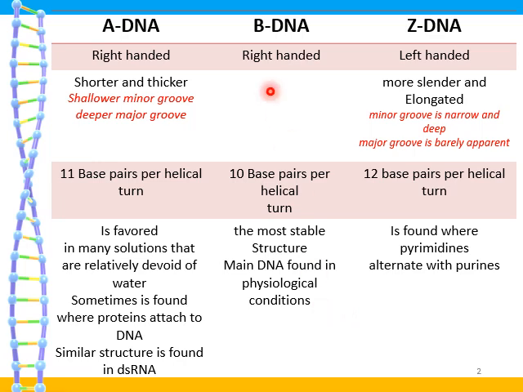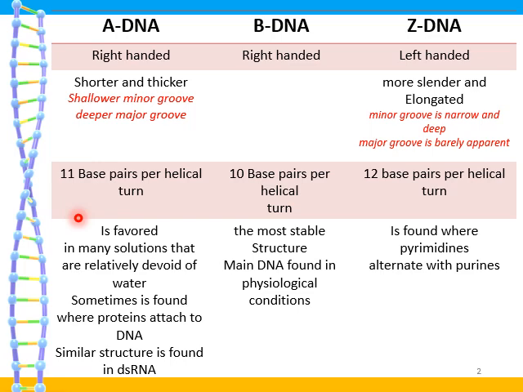But of course, apart from B-DNA, we can have some minor forms of the DNA. One is A-DNA, another one is Z-DNA. A-DNA, again, is right-handed, similar to B-DNA. It is shorter and thicker. It has a shallower minor groove and a deeper major groove. It contains 11 base pairs per helical turn, and it is favored in many solutions that are relatively devoid of